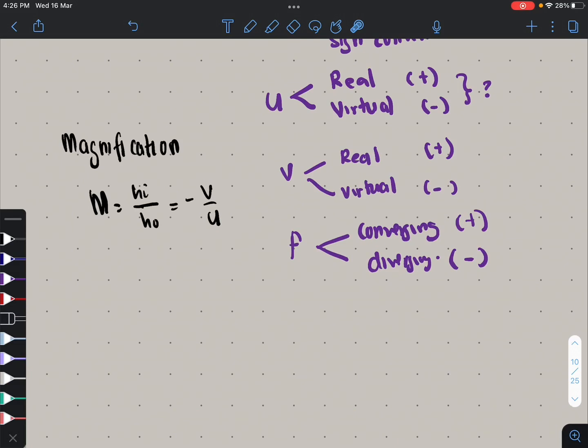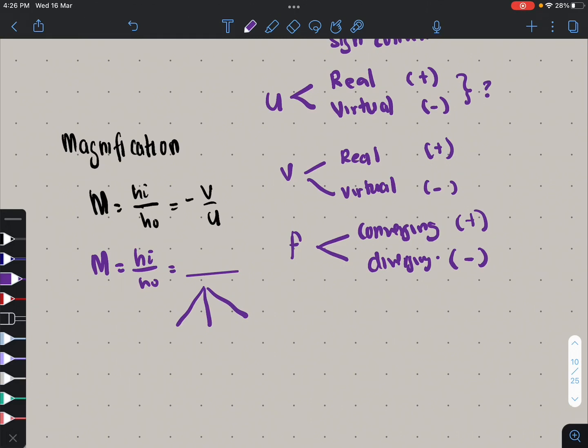Okay, last but not least, we are going to look at the magnification. Magnification dekat sini is the ratio of the height of the image to the height of the object, iaitu tinggi image dibahagi dengan tinggi objek. Okay, from this magnification, kita akan dapat ratio of the heights where you can get a certain value. Value yang kita dapat ini